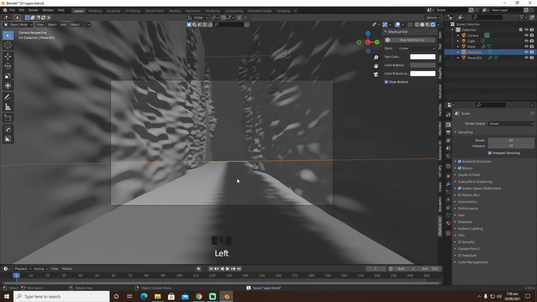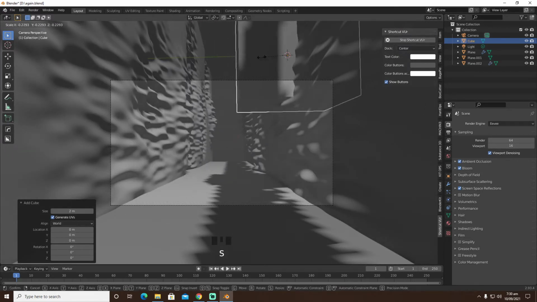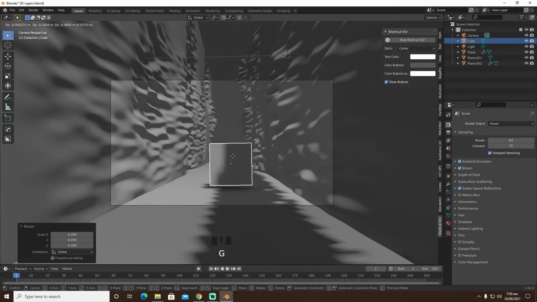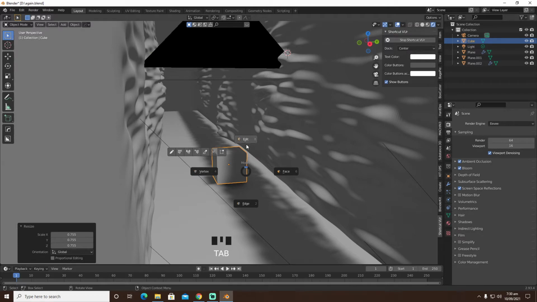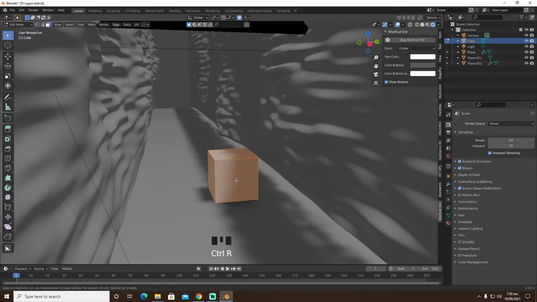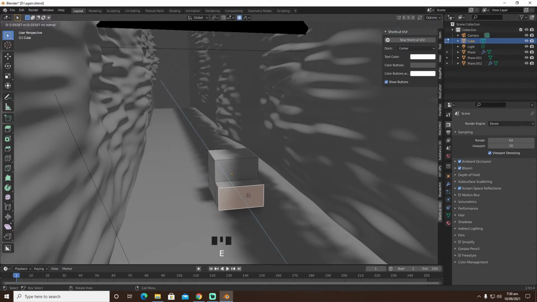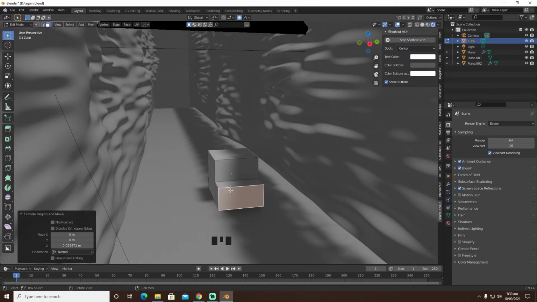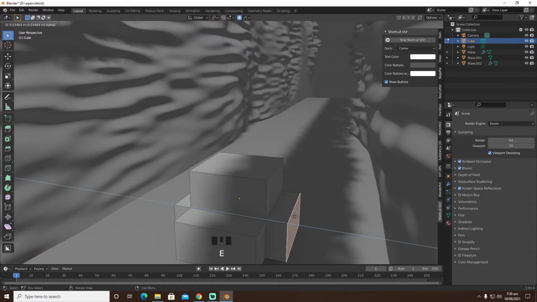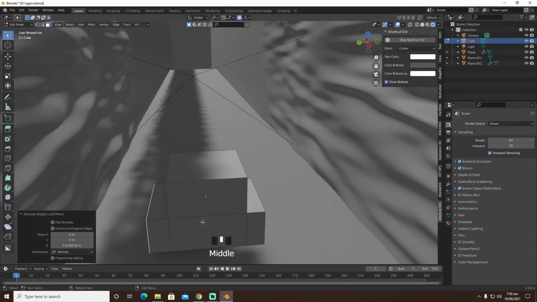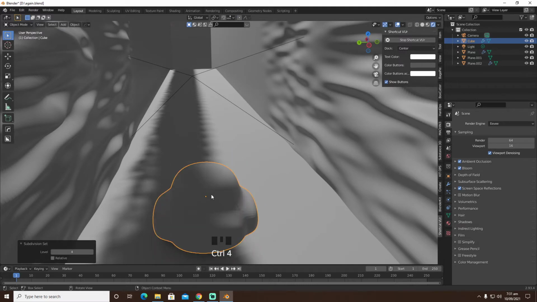Alright, the next thing we're gonna do is we are going to create a cube, scale it down, bring it right about here, and we're gonna go into face select and add a loop cut. We're gonna select this face and extrude it out to right about here. We're gonna extrude this guy out to right about there, and this guy out to right about here. The next thing we're gonna do is press Ctrl 4,